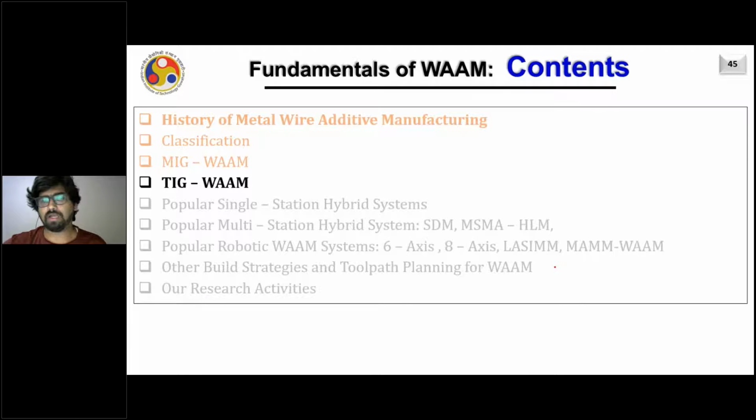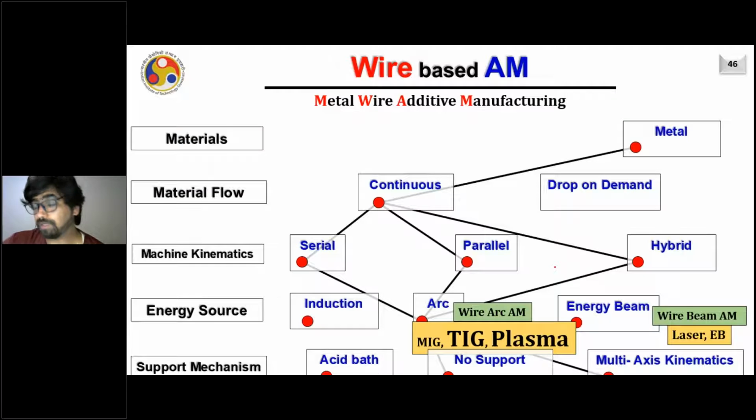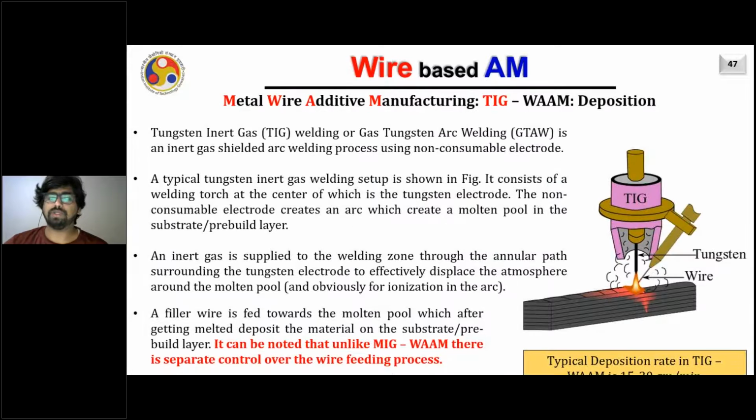So I'll quickly cover the TIG welding process again. Till now we have seen the MIG welding process. Now let us discuss a bit about the TIG welding process or TIG welding based wire arc additive manufacturing. In the case of tungsten inert gas welding or gas tungsten arc welding, the tungsten is not consumable, right? It is a non-consumable electrode which just generates the arc, and that arc creates a melt pool. Please note that this tungsten is not going to get melted. So this is a non-consumable electrode, and then you have to feed the wire from the side into the melt pool